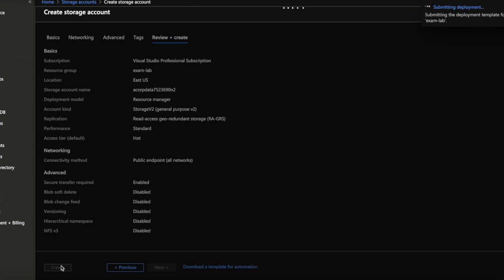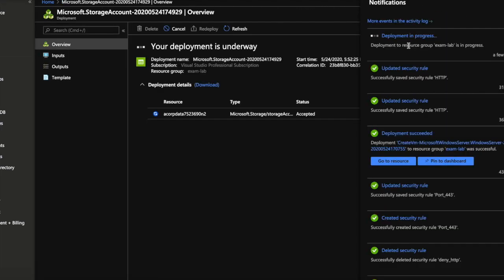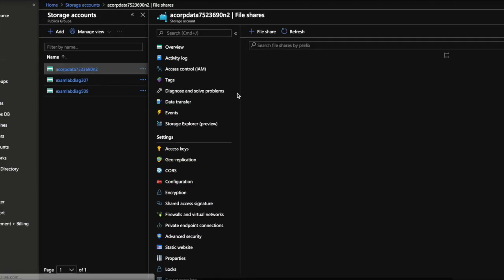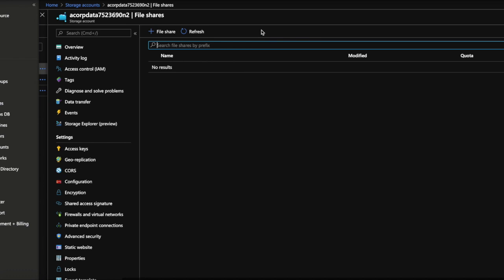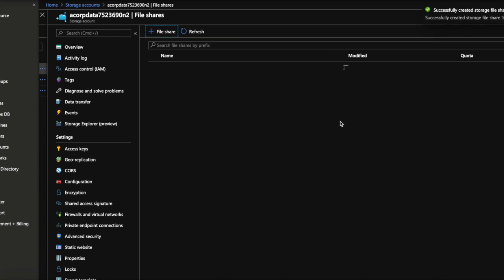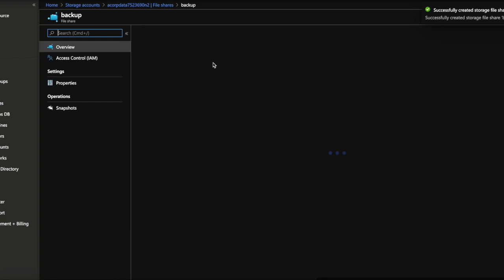So yeah, let's wait for a second to let this create. So yeah, it's created now. So just go to the resource, select the file share, and just create the file share. Just give the name, as it is not mentioned in the use case. So just for me it's backup,